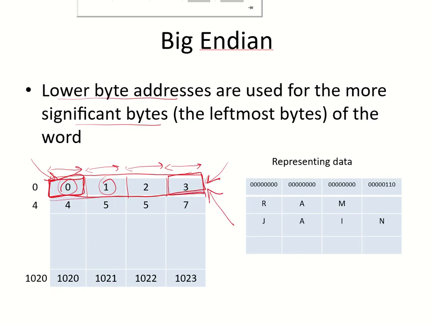Take the next word again. The least significant byte has the higher address compared to the most significant byte, which has the lower address. If I have to represent data in this, and I have to represent the integer 6, how will I do it? This is the representation of 6 using 4 bytes. An integer requires 4 bytes to store in a 32-bit machine. So this is how you are storing it.